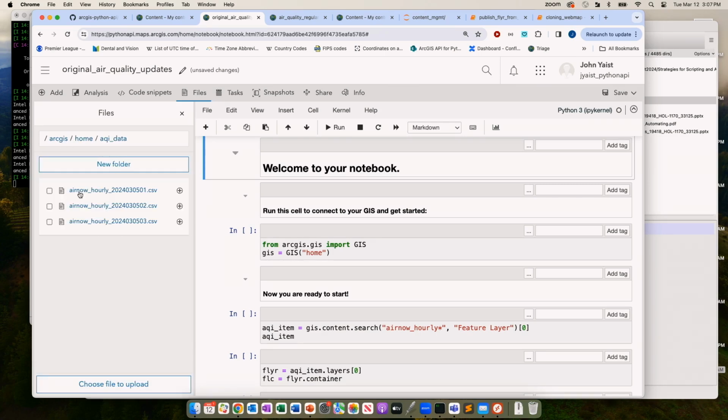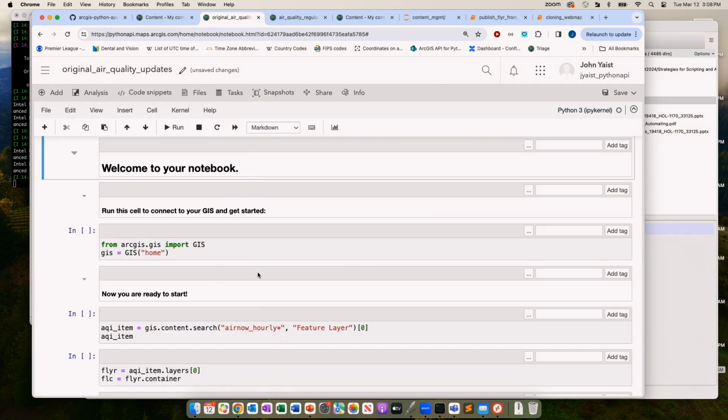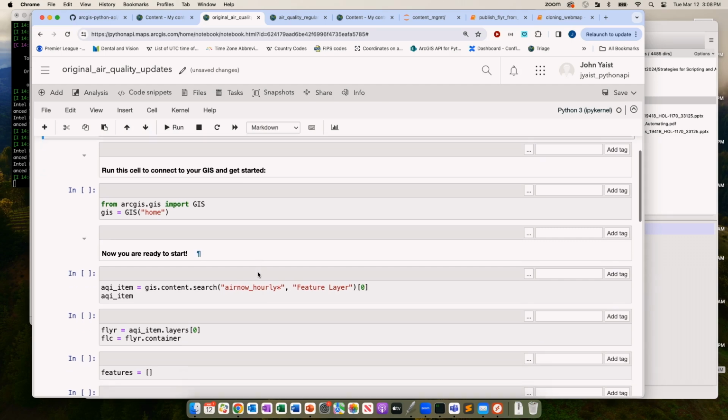You could make this workflow fairly complicated if you went out and pulled data down from the internet and constantly updated your data. But I've downloaded some files that I'm gonna use to update the source of a hosted feature layer in my environment. So here's my notebook, and it